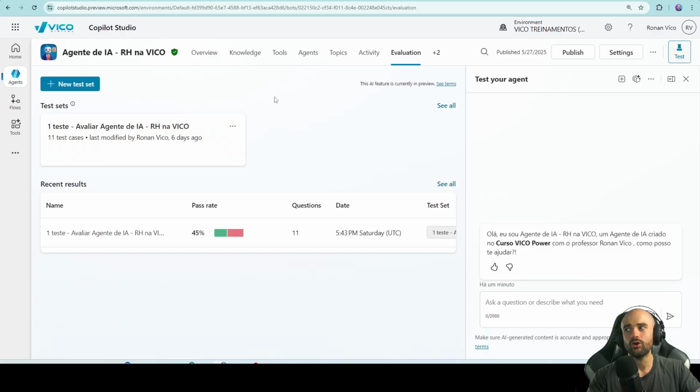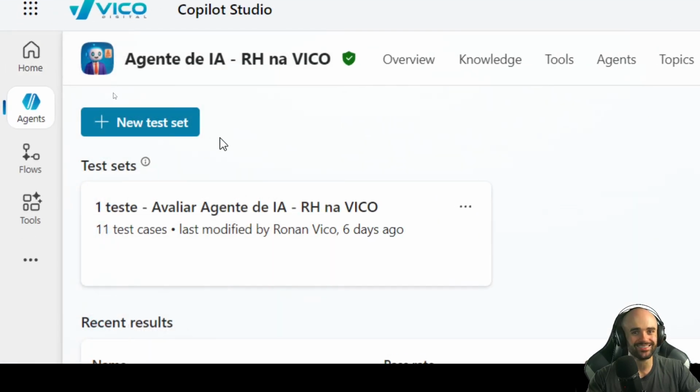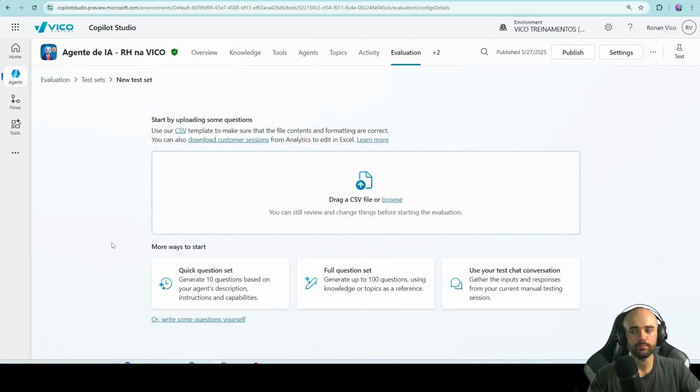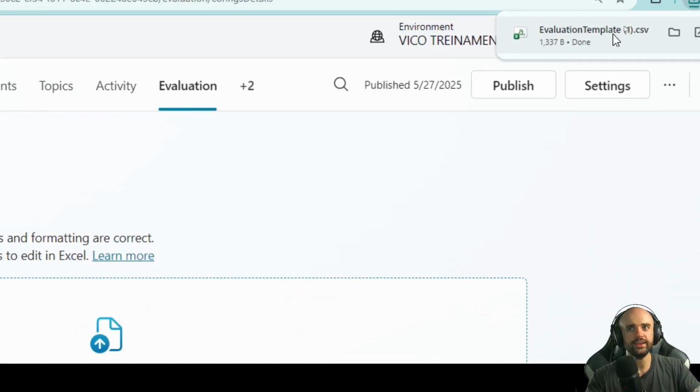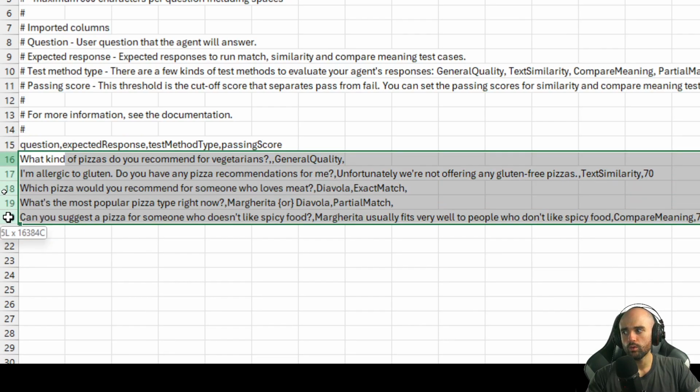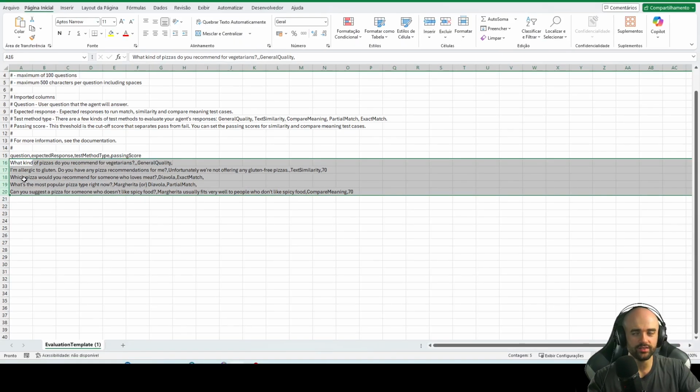This feature allows us to create a test set. When we click here on new test set, we have some options. We can drag a CSV file with a template that you can download. In this template, you can fill in some phrases and questions, and with these phrases, the AI agent will import and use them as